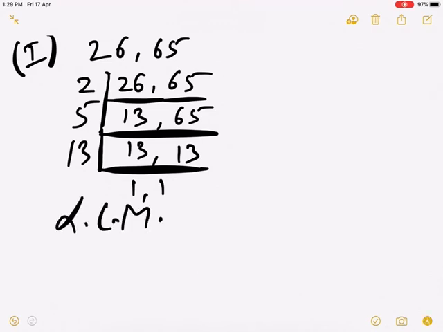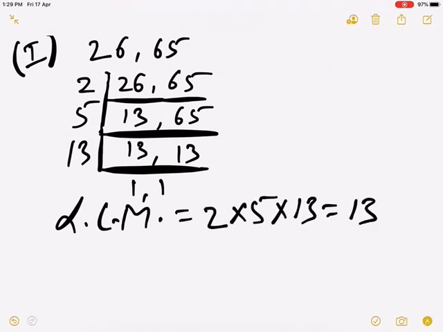As soon as we get 1 1 here, then we will stop doing all this division, and LCM will be obtained by multiplying the divisions which we have here. So it will be 2 into 5 into 13. So again we will get 130. So that is the solution of the first part. Now let us see the second part here. Second part is finding out the LCM of